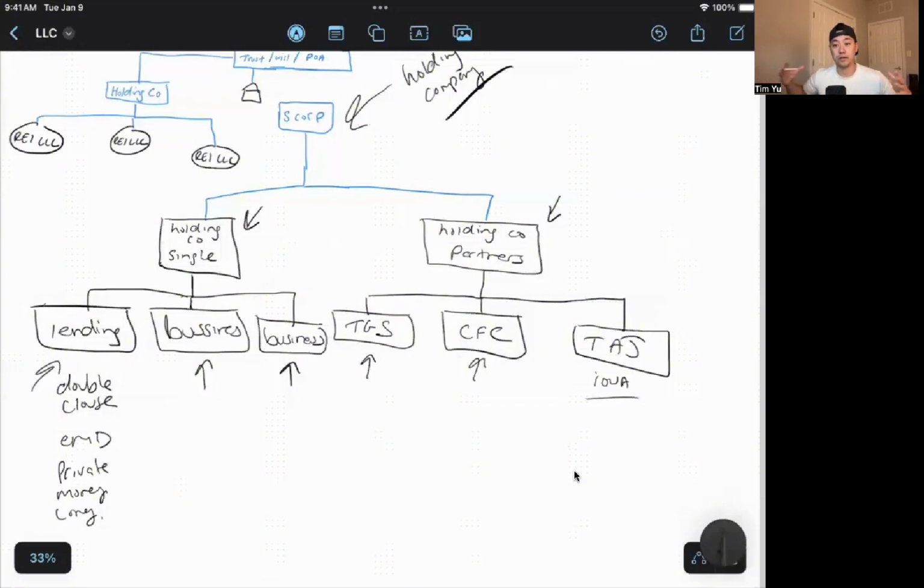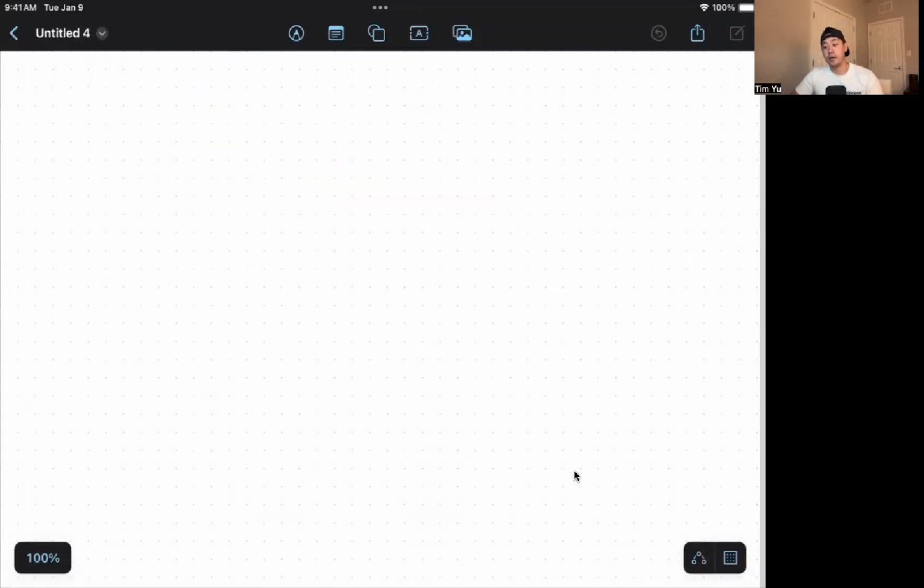So all these different entities are pushed into a holding company in here and funnel up to my S corp. And it's actually really helpful for taxes to be able to do the pass-through method. So all my losses, all my gains are funneled through one corporation, and then I can file for taxes, and it's super, super clean. So I want to talk about the importance of having the right corporate structure,